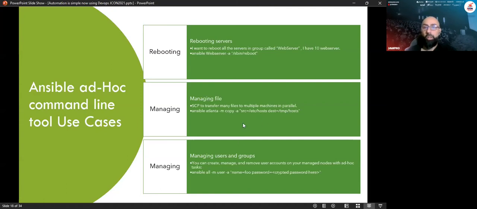Or I can create a user, which allows me to create a user. I use Ansible with the inventory called all, the name of the user, and the password. So the user will be created on all the servers under the group all.